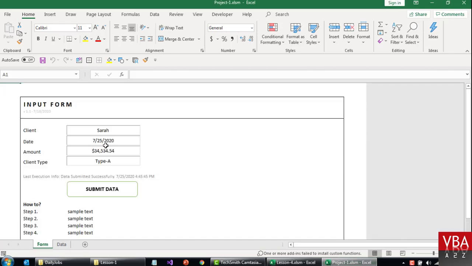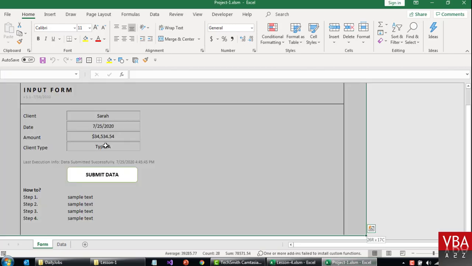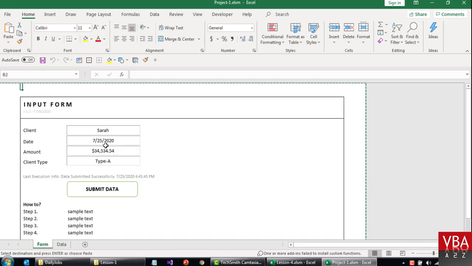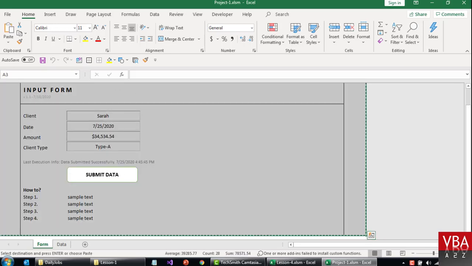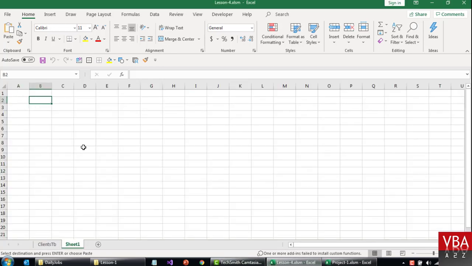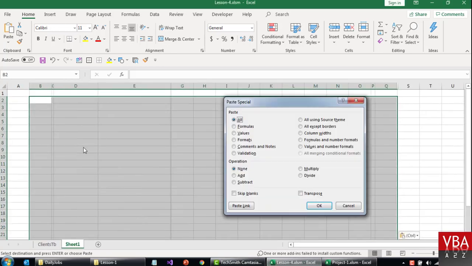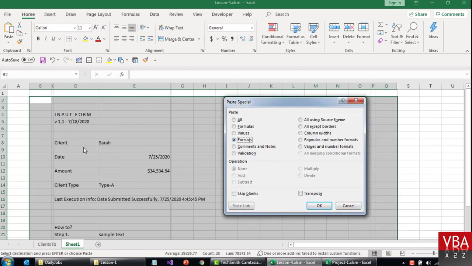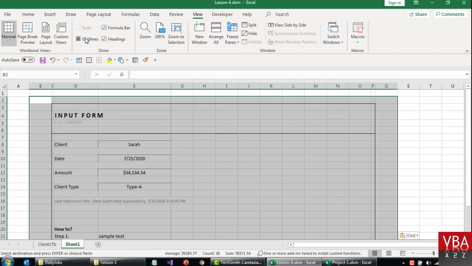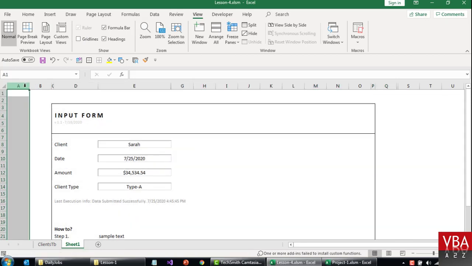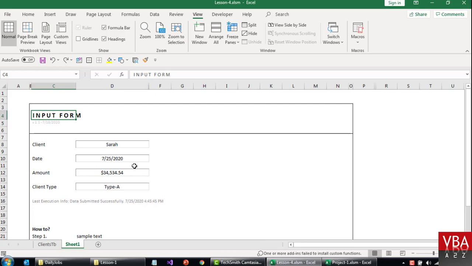I'm gonna just take this UI that we created, and I'm gonna paste it here in the fourth lesson. I'll first paste the width, and I'll paste the data, and then the format. I'll just remove this. Maybe for this example we'll just rename this as admin control, something of that sort. It's up to you. And then we'll just say v1.0,